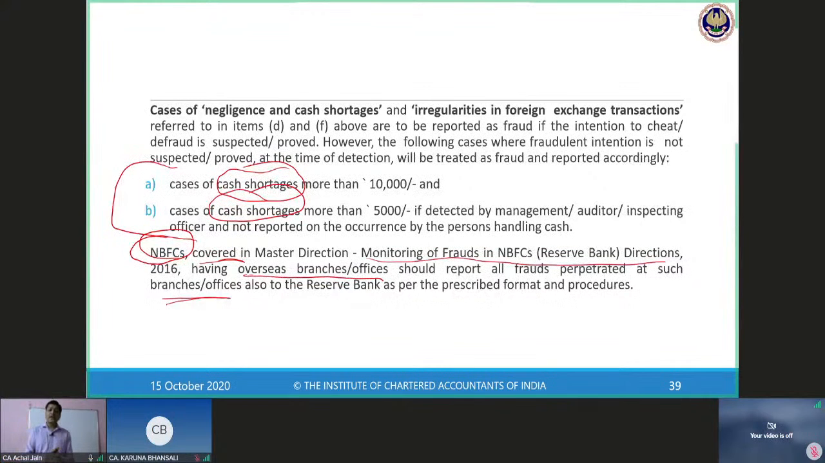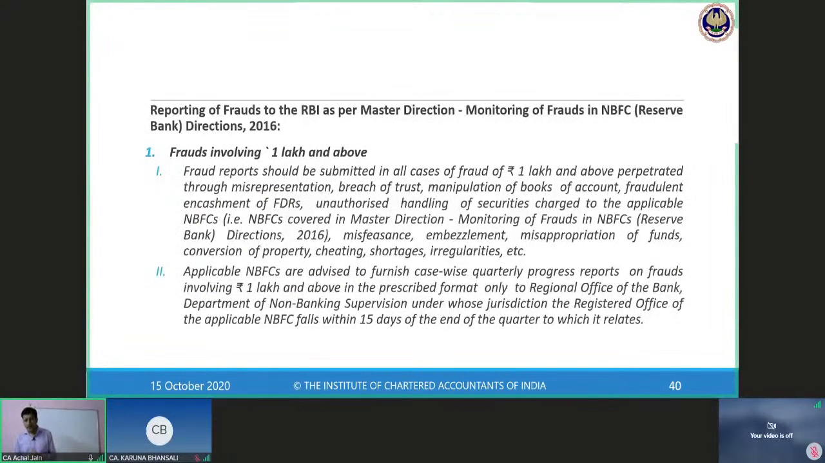Now let's look at the reporting requirement. Reporting of frauds to the RBI as per Master Direction Monitoring of Frauds in NBFC. Frauds involving rupees 1 lakh and above. In case of frauds which are involving rupees 1 lakh and above, therein the fraud reports should be submitted in all cases of fraud of rupees 1 lakh and above perpetrated through misrepresentation, breach of trust. We are saying all cases of fraud